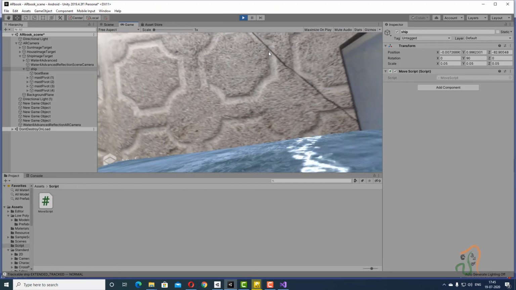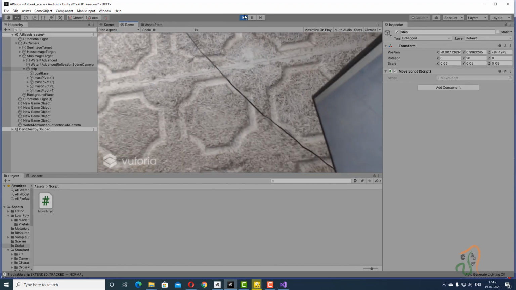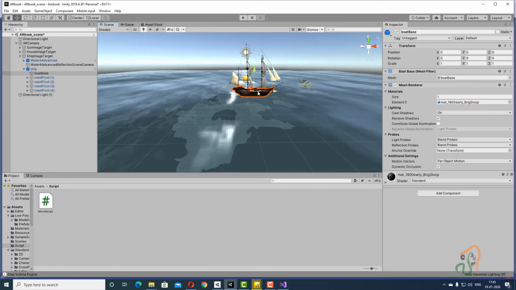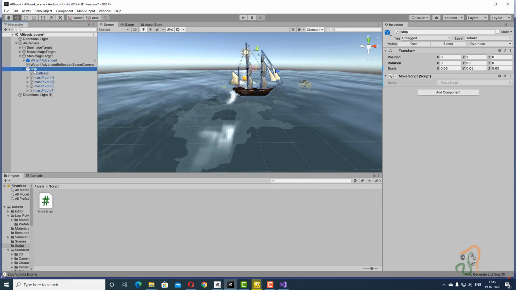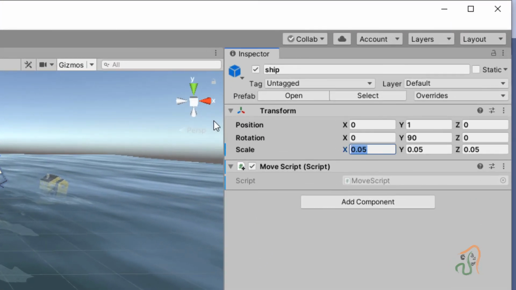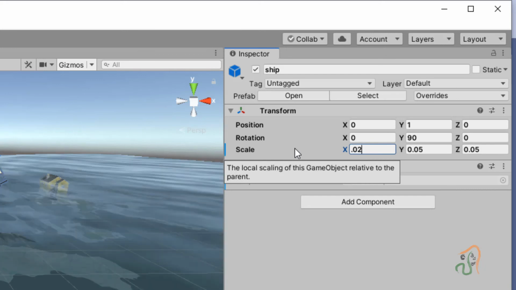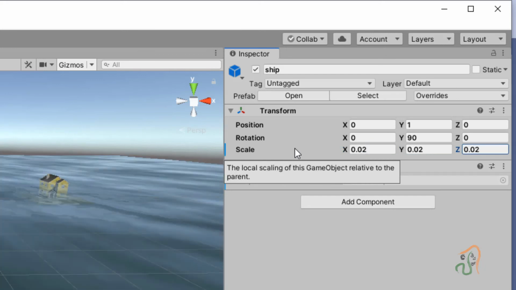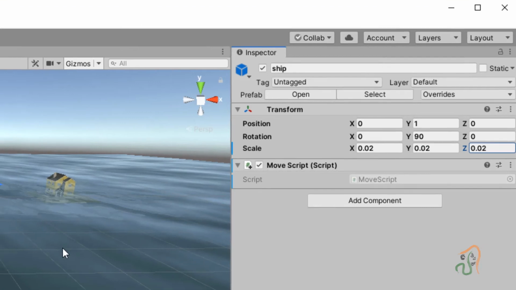So to fix this, stop the playback, and the first thing we shall do is select this shape. It is set, the scale is set to 0.05. Let us reduce this scale further. I will reduce the size to 0.02 so that the ship is more clearly visible.